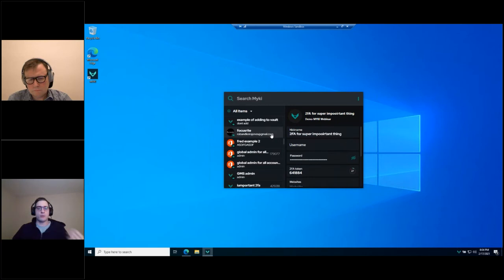So all browsers typically have a browser extension for the password managers. And yes, you can use JavaScript and do all kinds of crazy voodoo to protect and drop in those passwords and login forms. But if you need to expand that mailbox for that one guy who refuses to ever delete any email he ever receives, and you have to log into Office 365 and PowerShell, you're not going to be able to use a Chrome extension to do so, and it's really annoying to have to copy and paste